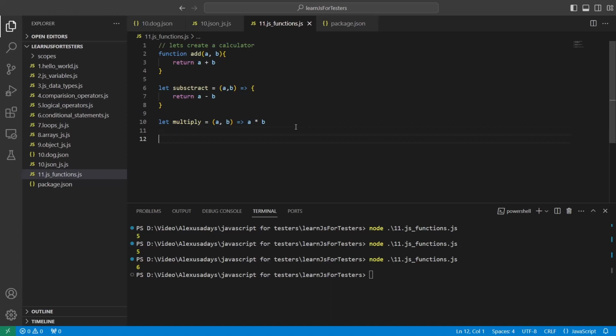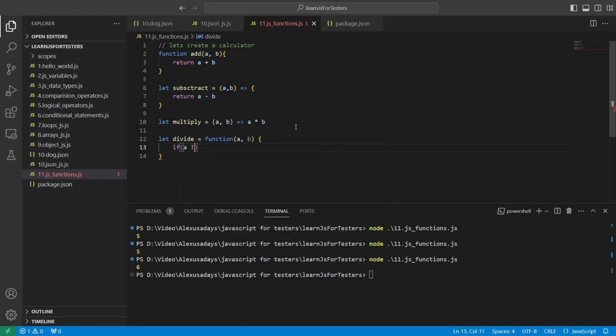And let's have the last one as a regular but anonymous function. So I'm gonna call it divide, and here we're gonna have function. It is expecting two values, so a and b, and then it's gonna return. So let's have a condition here. So you know you can't divide by 0. So we're gonna say if